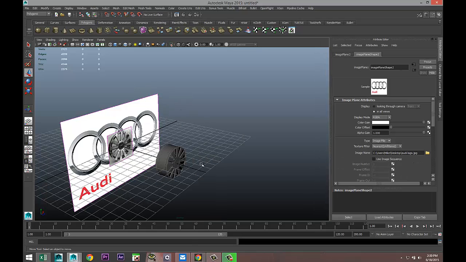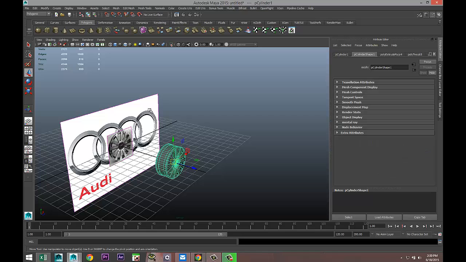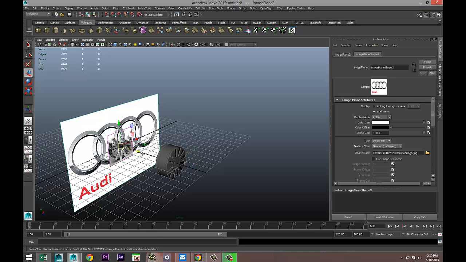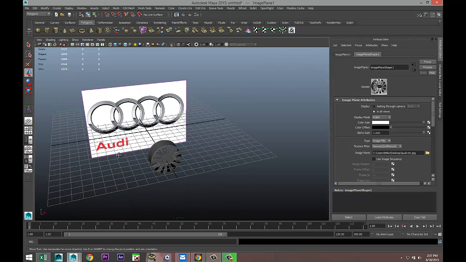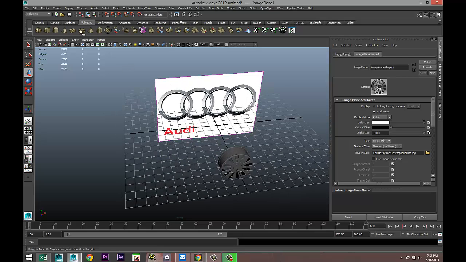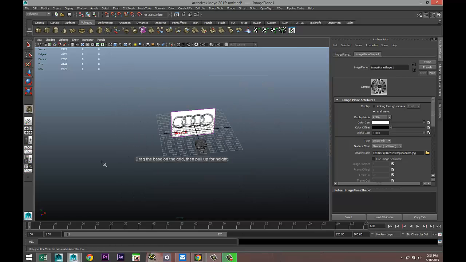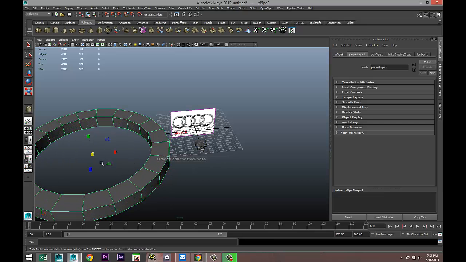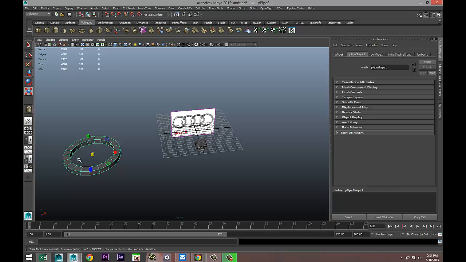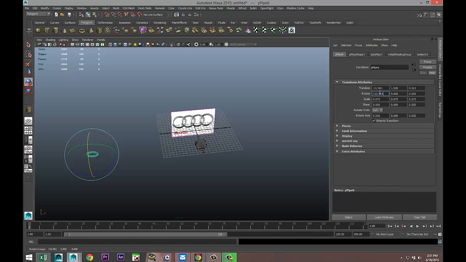Right click. Come on. Object mode. Object mode. There we go. Okay, so I'm going to take this guy, move it out of the way, and we're going to focus on this one. Okay. So for that, we're going to take a polygon pipe. As you can see, it's very large. So hit R, scale it in, nice and small. Hit E, rotate it upwards, 90 degrees,